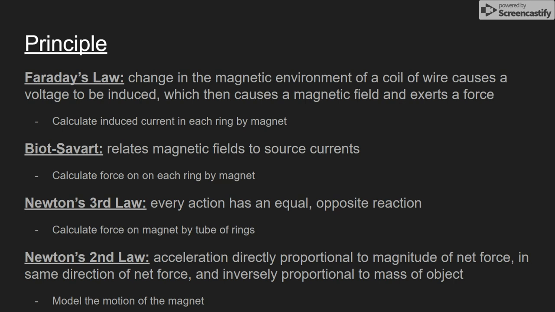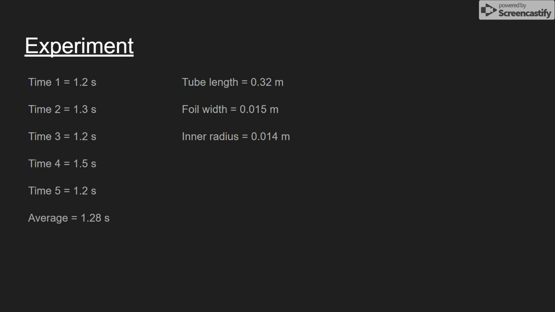And Newton's third law says that every action has an equal and opposite reaction, and this was used to calculate force on the magnet by the tube of rings. And Newton's second law says that acceleration is directly proportional to magnitude of net force in the same direction of net force and inversely proportional to the mass of object, and we use this to model the motion of the magnet. So the experiment data, the average time that the magnet spent in the tube was 1.28 seconds,